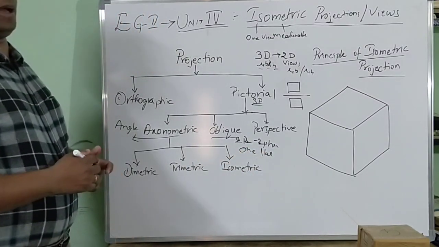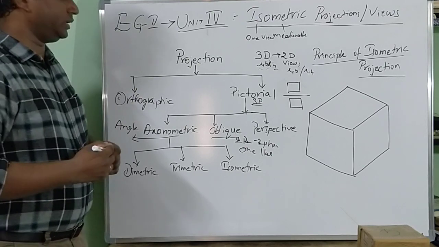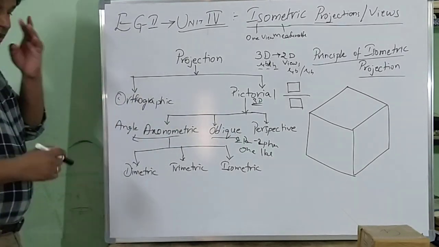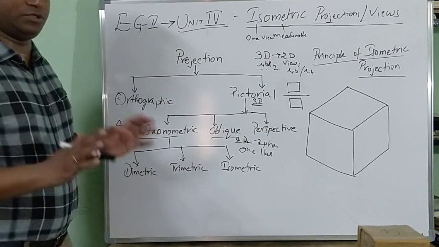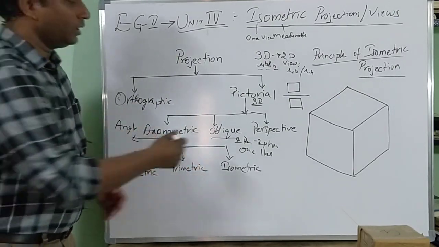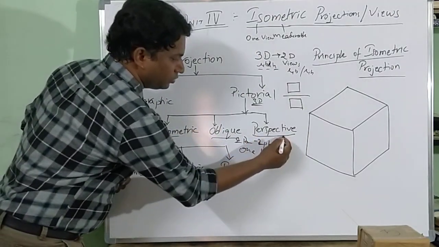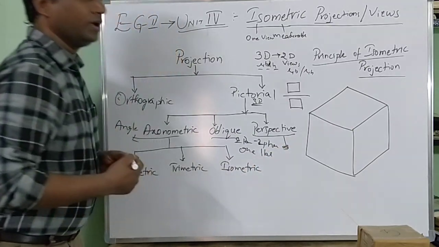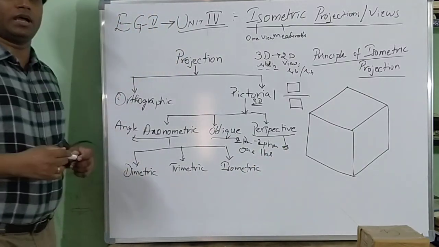One face will be parallel, the other two will be at a particular angle. That's oblique projection. It's another, different concept. As per the syllabus we don't have it, I am telling you just for the definition. Now the last one, perspective. This is very important nowadays, but as per the syllabus we don't have that content.